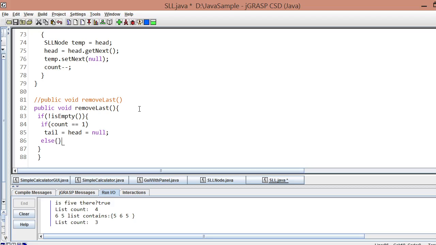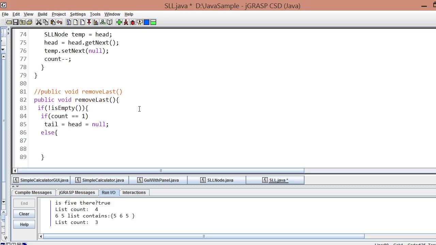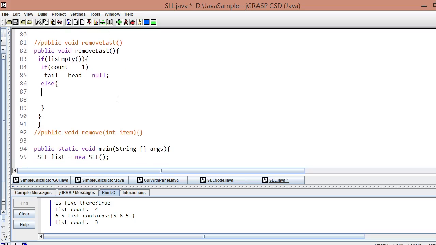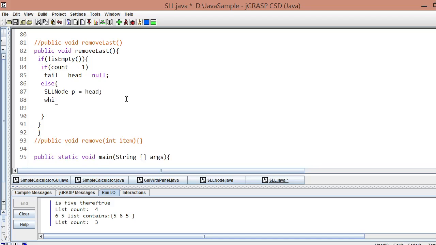Otherwise, if we have two or more nodes linked to each other, let's do this. SLL node p points to head, and then while your p dot get next is not equal to the tail, because we have to stop before the tail, right?